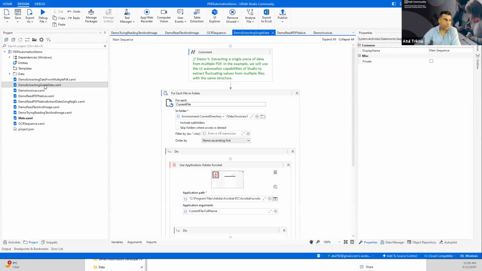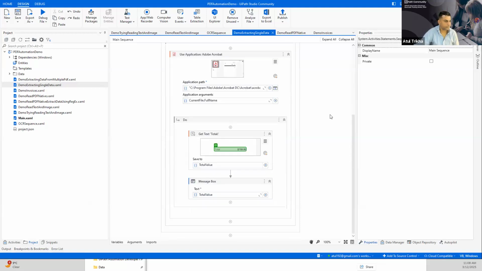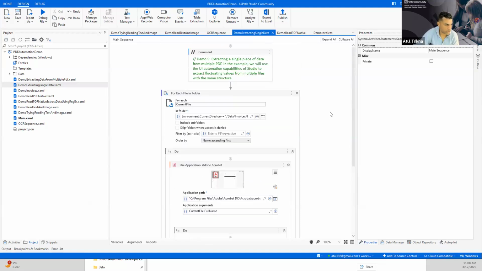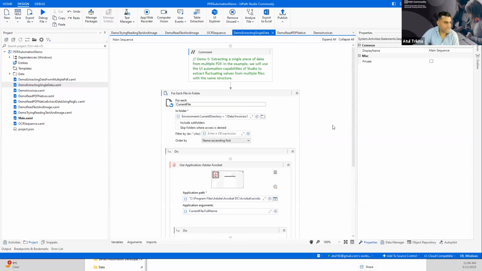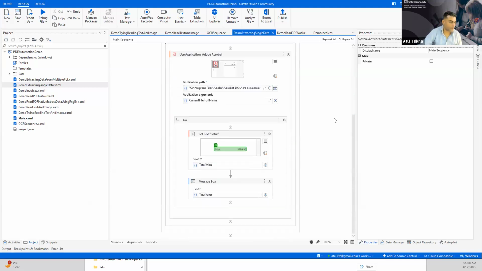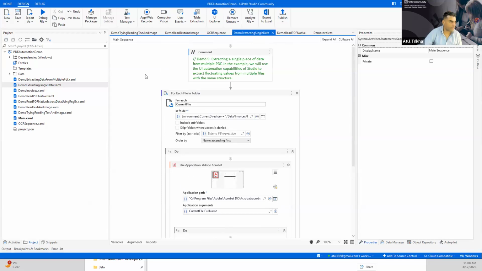Okay. So far we have used two activities, right? Read PDF by text and then read PDF by OCR engine. This technique is more about using the anchor based technique. What we are going to do here is, if you will see here, what I've done is simply I am